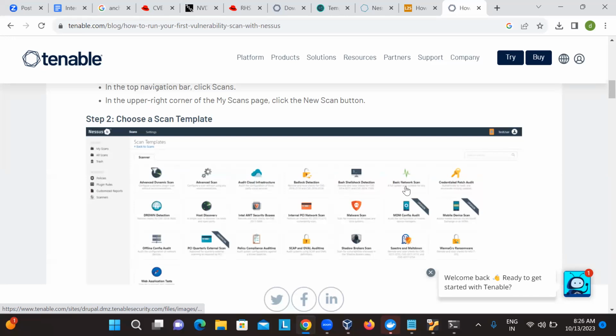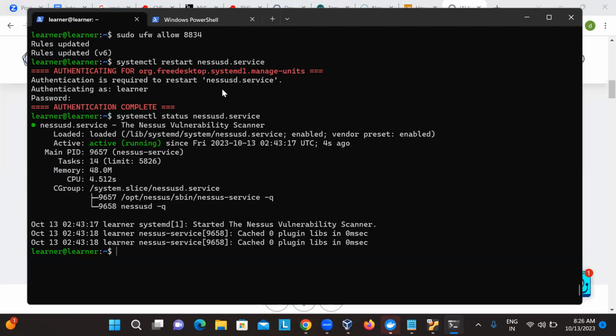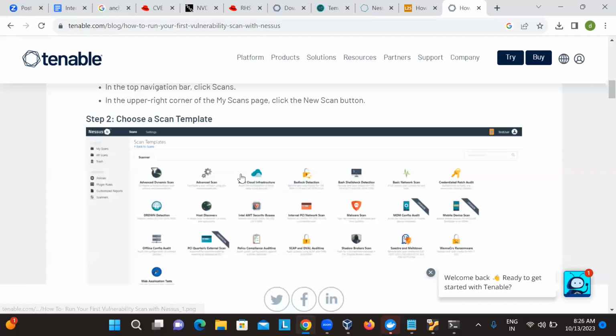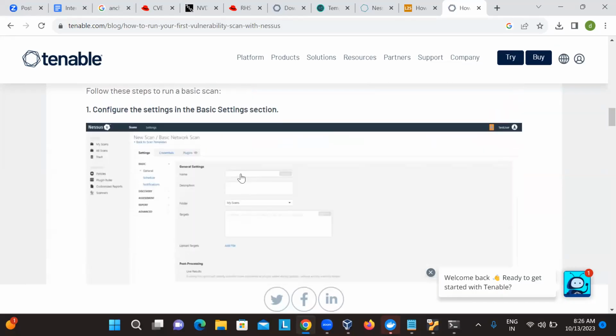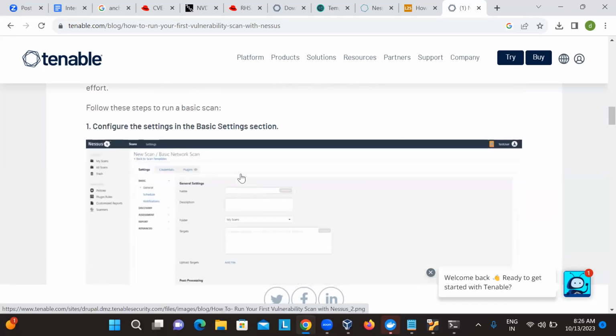Once you have chosen it, it will ask you for the IP address range. For example, my VM IP address is 192.168.1.107, and in my network there are many devices connected, which might have IP addresses. I can give scanning of IP addresses from 192.168.1.101 till 120. So almost 20 devices it will be scanning in the basic network. In the scan, it will tell you